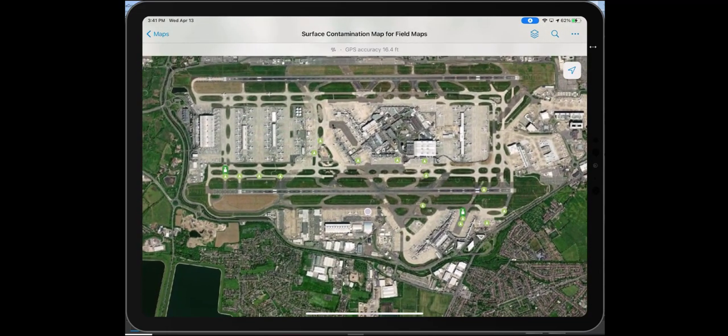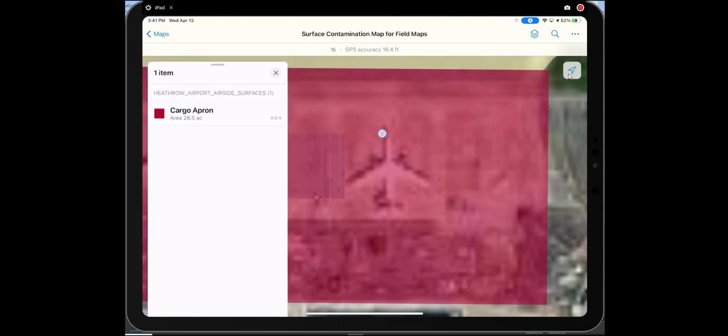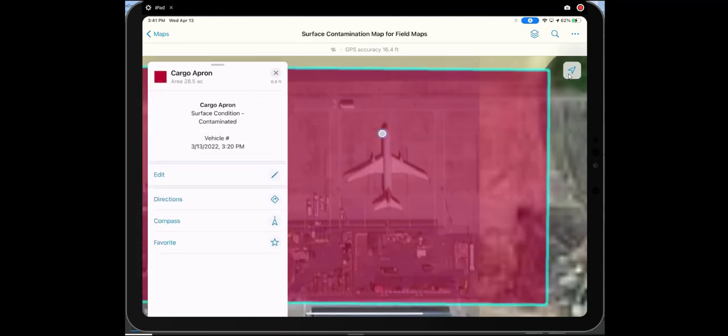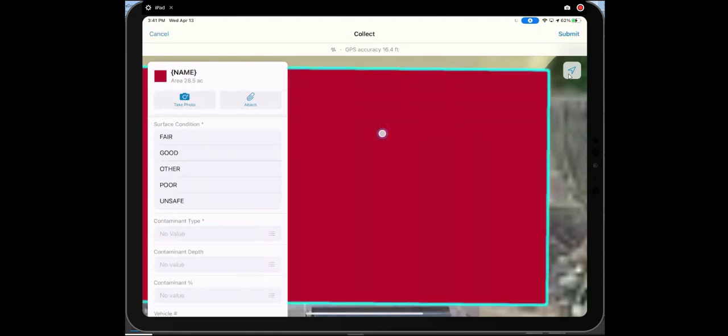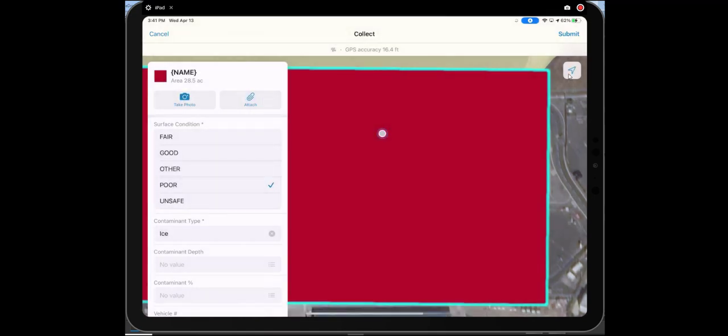And as an inspector, I can use this tablet to then conduct my inspections. I can see where I'm located on the map through time as well. I can see my tracks. This is where I'm currently standing and I'm about to do an inspection. So all I have to do is tap the map and then select the surface that I want to edit. And from a pick list, which makes it much quicker, then I can select these and then very quickly record the